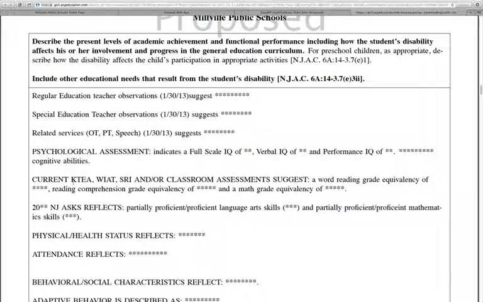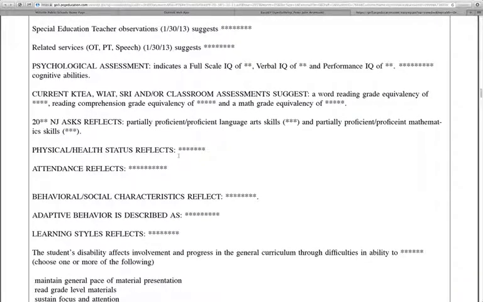You'll see a summary of academic assessments done, and it'll give you an idea of the child's reading ability and the child's mathematic ability. It'll show you whatever state testing that the child took and whether they were partially proficient or proficient in the area of language arts and math. It'll also show you any physical or health status. Most common things here would be ADHD, could be asthma, could be needing glasses, needing preferential seating. Should give you an overview of the attendance of the child,